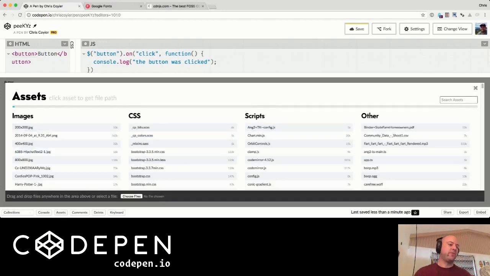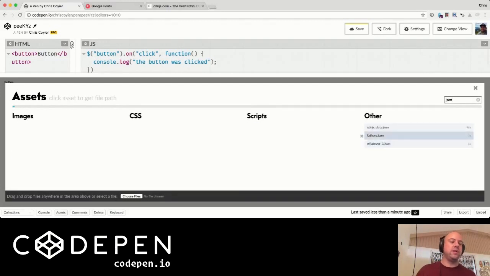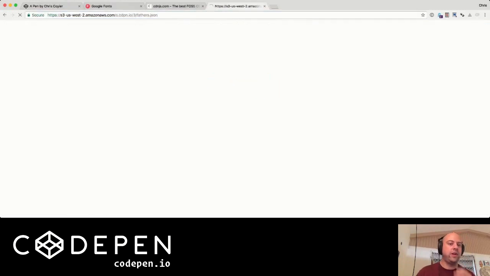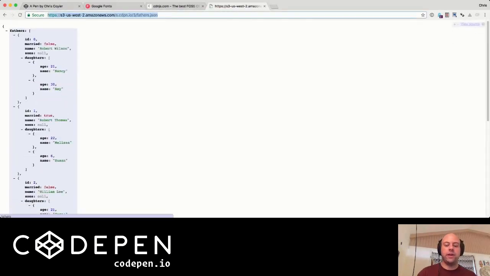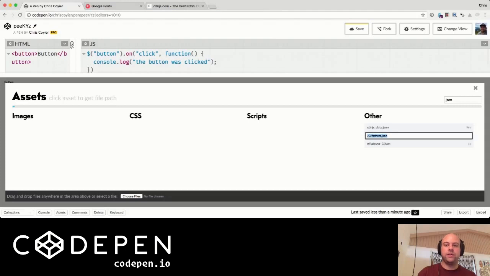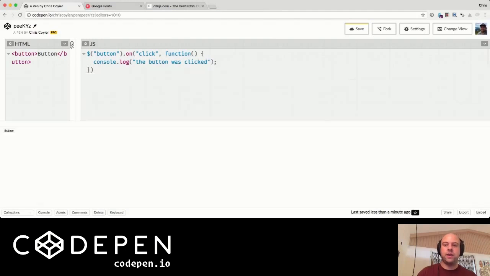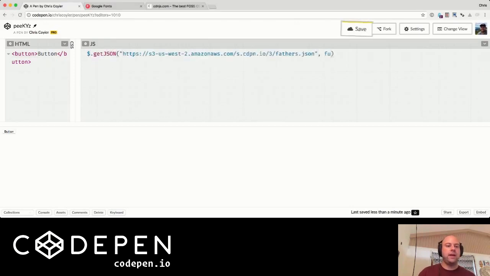So I'm just looking in my files for some JSON. Here's one right here. I'll copy that URL, and it's basically just like we host files for you. They could be images, JavaScript, CSS, pretty much any file. We'll just host it for you, and all you've got to do is drag and drop the file onto that area, and we'll host it for you and give you a URL to it. So here's some JSON data. Let's say I want to build an app that's based on some data like that. I could say something like getJSON in jQuery and put that URL there and run this function